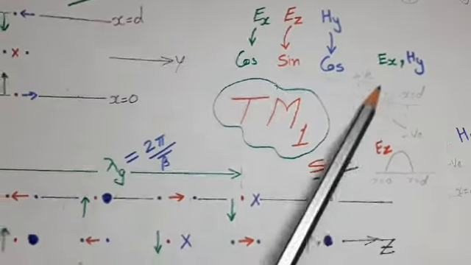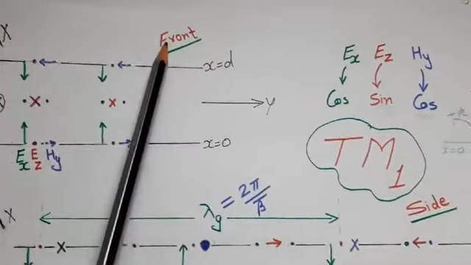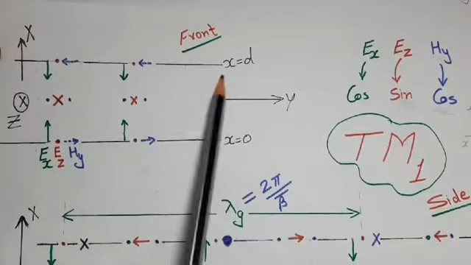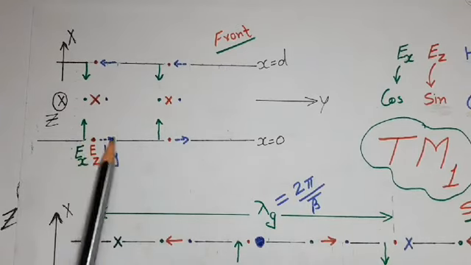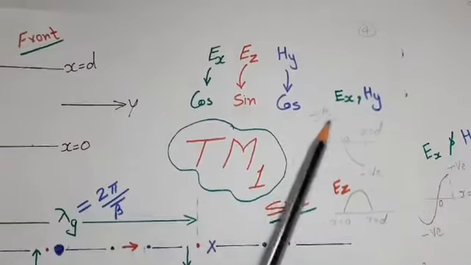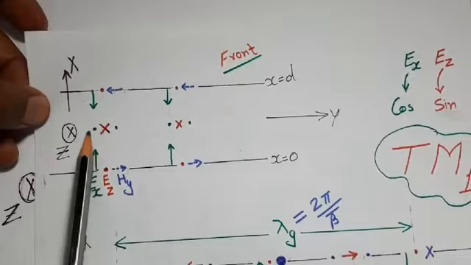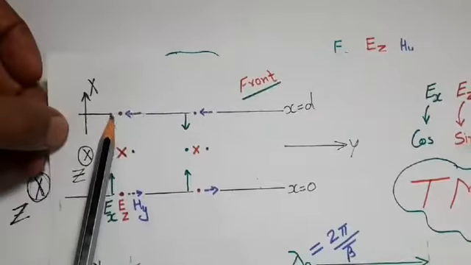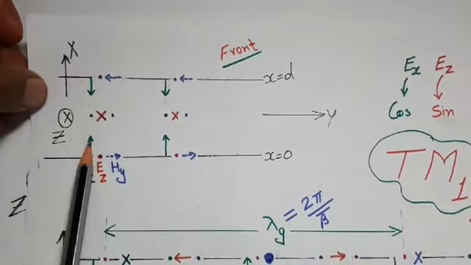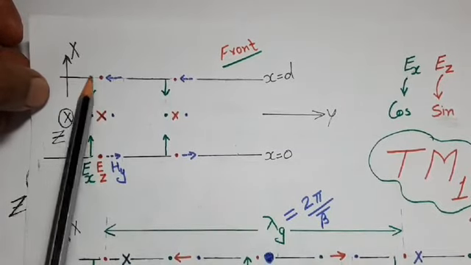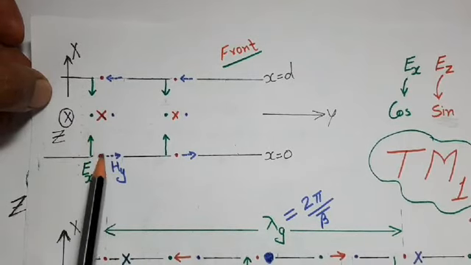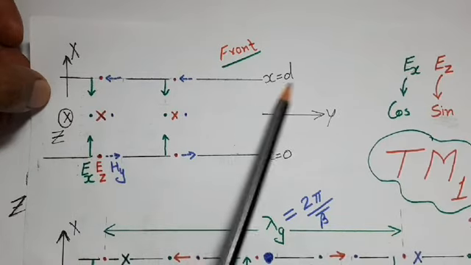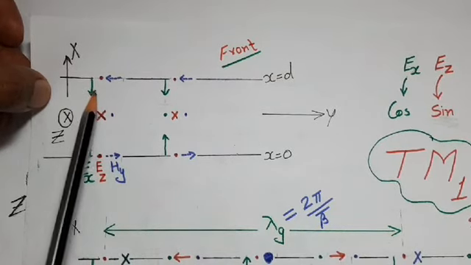So first we see the front view, which shows variation in x and y direction. The z direction is into the paper. Ex has cosine variation, and in between the planes only half cycle would be completed. So the cosine function half cycle is like this. That is, at x is equal to 0, positive max, then at x is equal to d by 2, 0, then at x is equal to d, negative max. So in a cosine function, the field will be maximum on the boundaries. But remember, on the first boundary, that is x is equal to 0, it would have positive maxima, and on the second boundary, that is x is equal to d, it would have negative maxima.